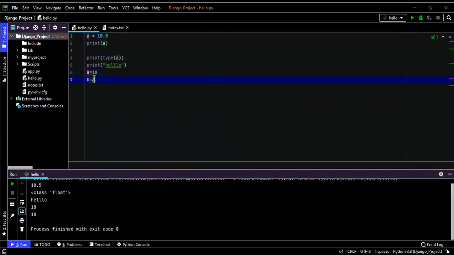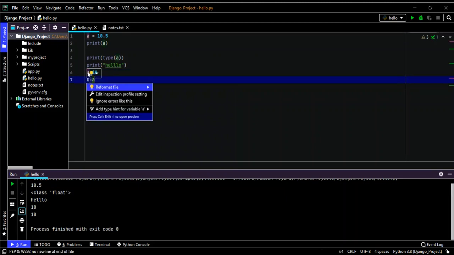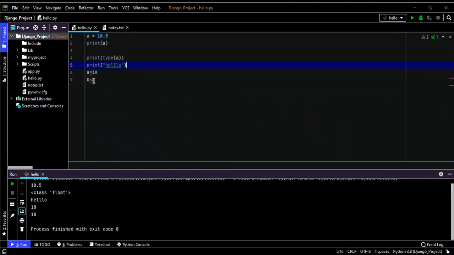This 10 is the integer value that I assigned to a, so this value is stored in the variable name a. Now I'm taking another variable b, and whatever value is stored in a will be assigned to b. If I print a and b, both values will print the same, because in Python it will not create another object reference.